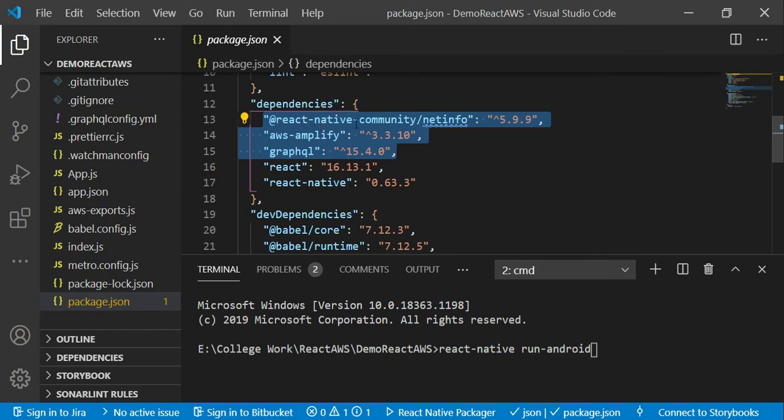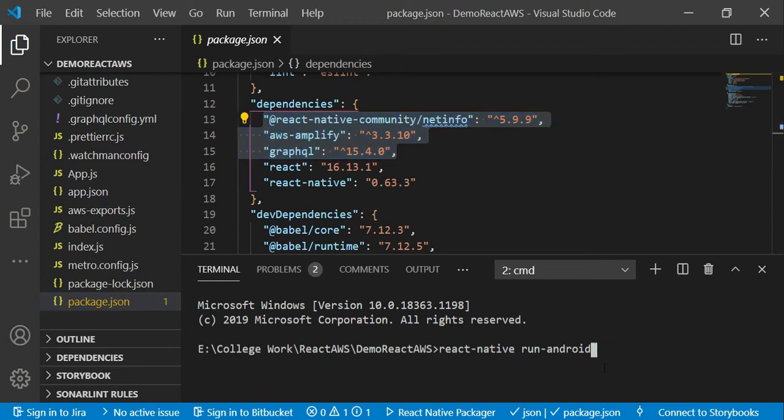How to install these dependencies, React Native Community Netinfo, AWS Amplify and GraphQL? The commands to install them, I will put in the description box of this video. So if they are not there, you just go through the description box. First of all, execute those commands which will install all three dependencies, and then proceed with this command.